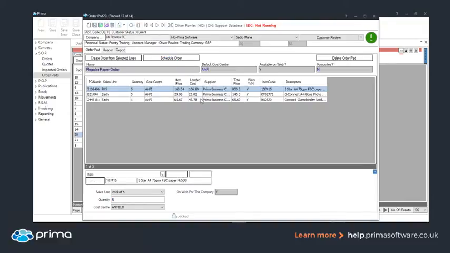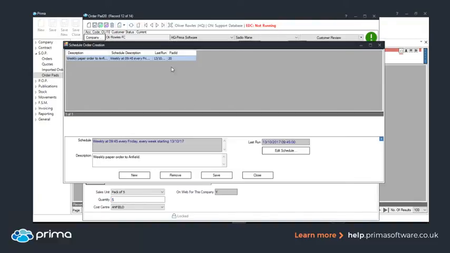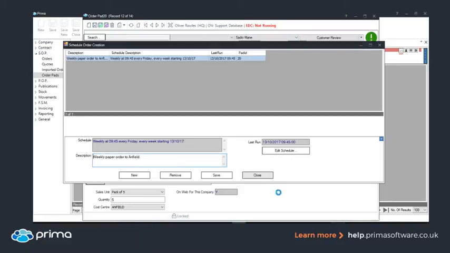So schedule order, and then within here it's set to 9:45 every Friday and every week, starting from a certain date. I've been playing around with this one, so there's a couple of automated orders generated from this, and it also tells you the last time it was run. So if I close out of that,